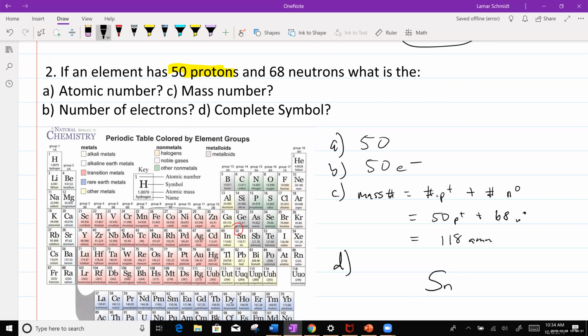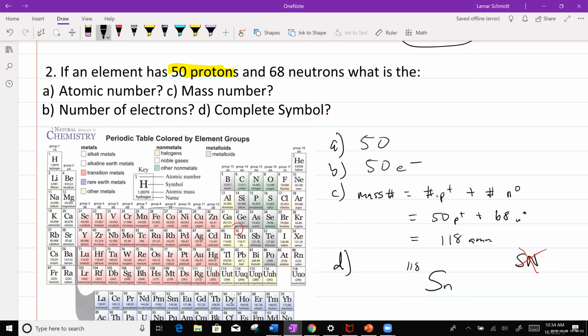It's a capital S, lowercase n. You will not put capital S, capital N, because that is not the symbol for tin. When you write the symbol, it has to appear just like it does on your periodic table. All right, and so now we just simply put our mass number as our superscript,